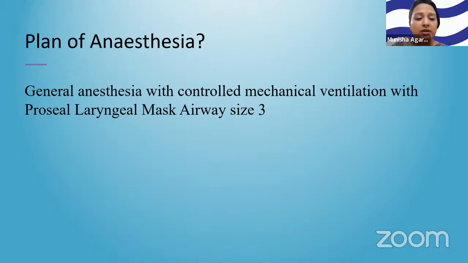So, is there any other anesthetic technique by which we can not use nitrous and still do our case very nicely? Yes, ma'am. We can go for a total intravenous anesthesia. Moreover, ma'am, because this is a daycare surgery lasting a very short duration, a total intravenous anesthesia with propofol would be a great alternative. Ma'am, in total intravenous anesthesia, we could use a TCI or a manual controlled infusion. I think TCI is always better. Yes, ma'am, TCI is better as compared to a manual controlled infusion device. So, ma'am, with TCI propofol, we can use various models. Right. Okay.